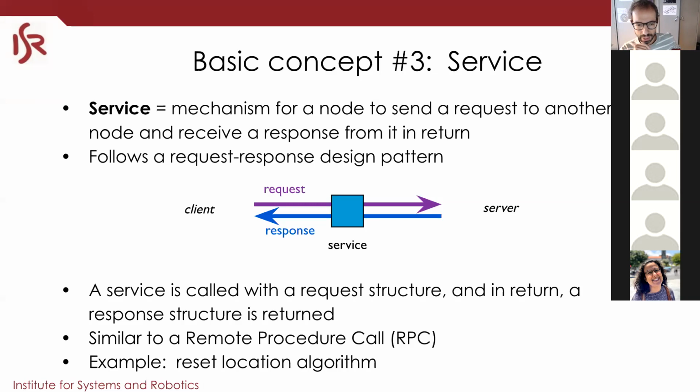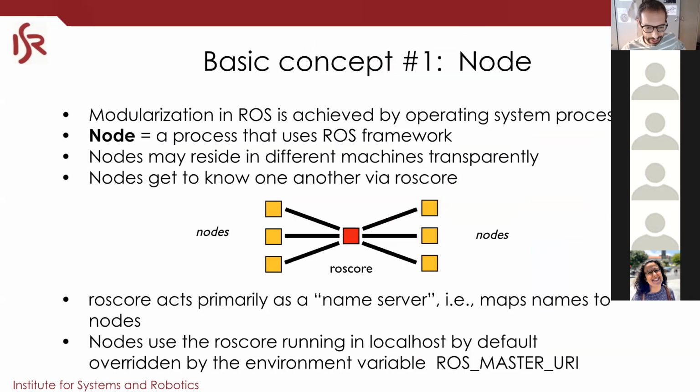I suspect that it is peer-to-peer, because ROS score is not really something to transmit data. Yeah, I guess everything is peer-to-peer. ROS score only says, okay, there is this node which is expecting data in this port. There is this node also, and then they connect to each other through TCP. Or UDP also, it's also possible. That's true. So the ROS score only does the mapping? Yes, in general, yes.